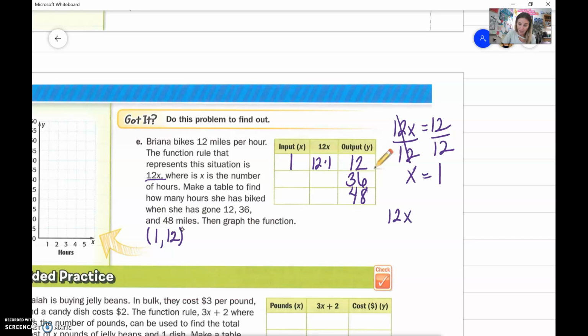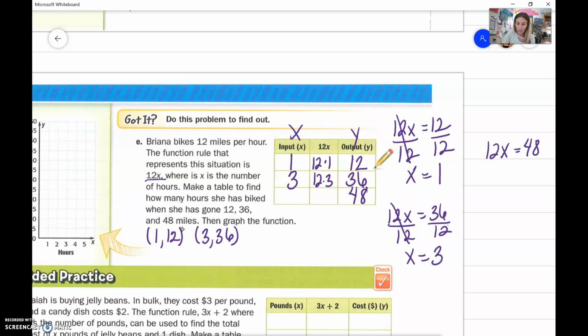12x equals 36 miles, which means we're going to divide each of these by 12. My thing is frozen. There we go. All right, 12x divided by 12 is 1x. 36 divided by 12 is 3. So we think that the answer is 3. 12 times 3 is 36. So our next ordered pair is 3, 36, because remember, this is x, this is y. And then our last one,